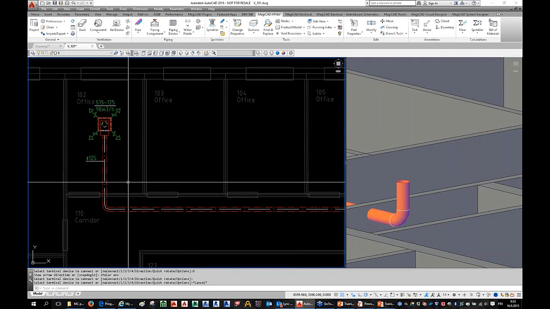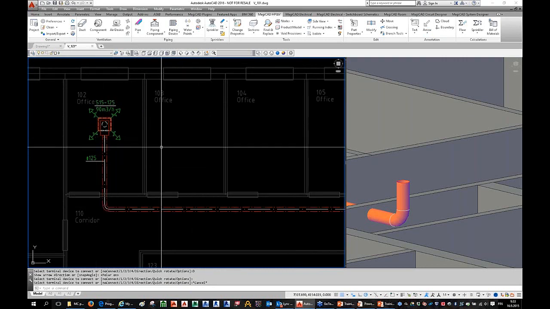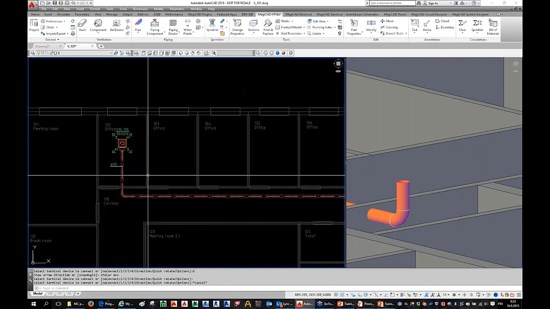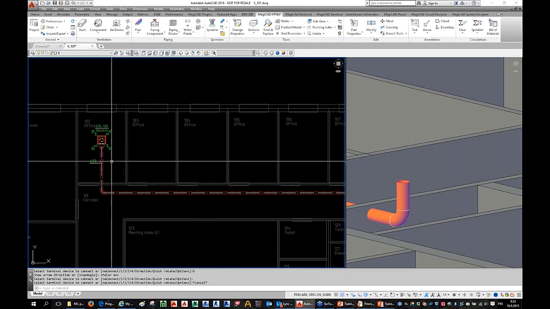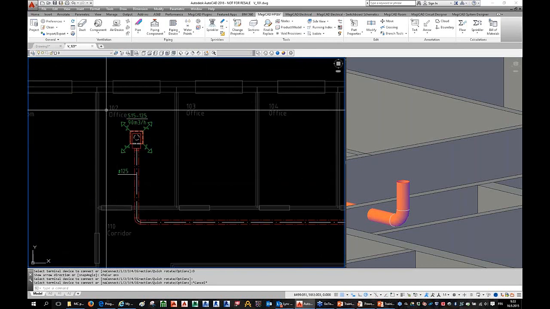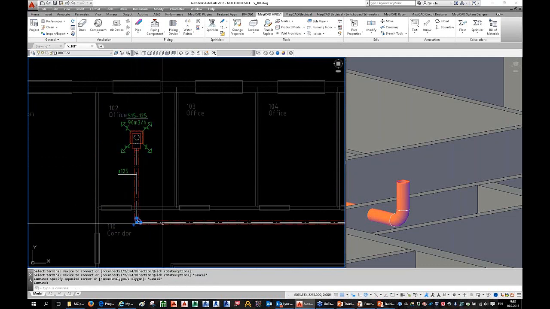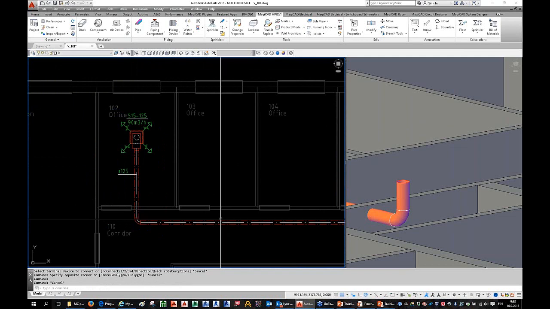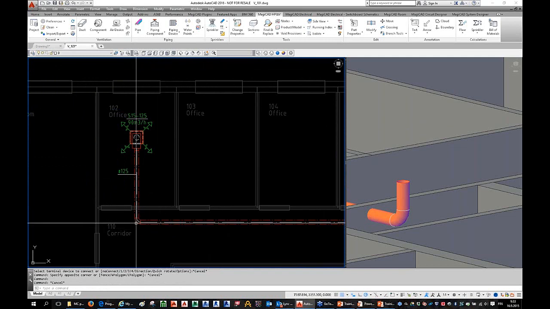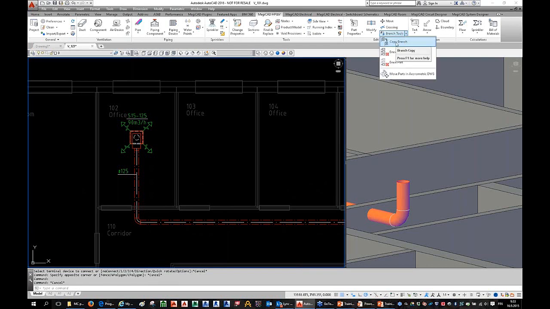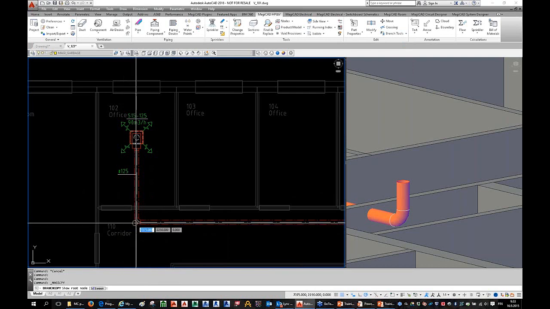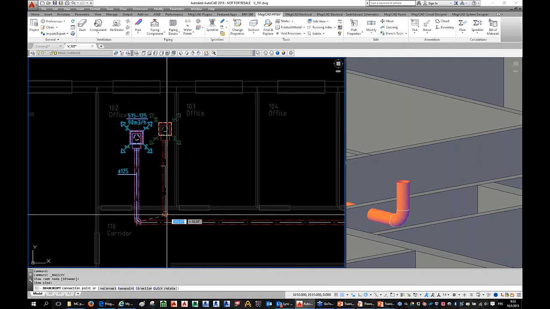Now when I have this branch ready, I can copy it to these other offices. I could use the AutoCAD copy function, but it doesn't automatically connect this bend to this duct and doesn't change the bend to an outlet. But MagiCAD branch copy will do that. So I click the branch tools, copy branch, select the bend and select the duct,